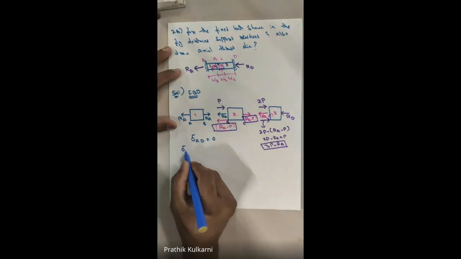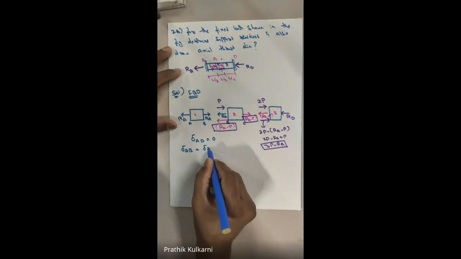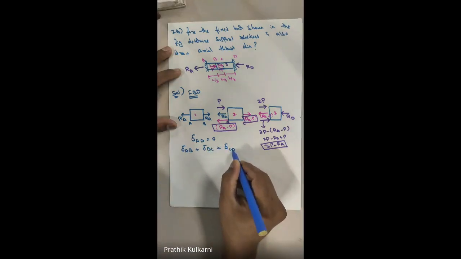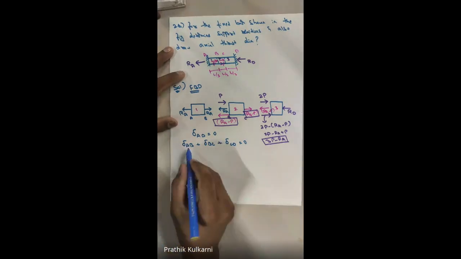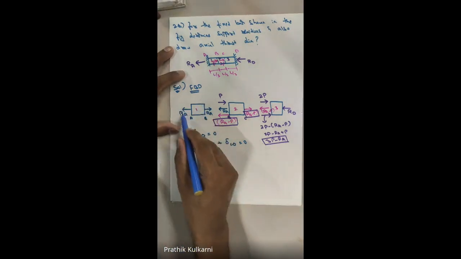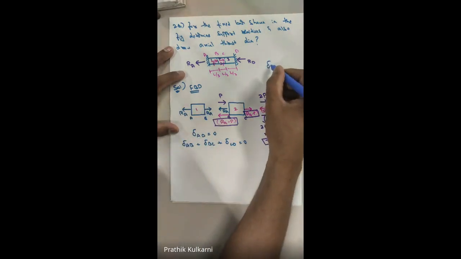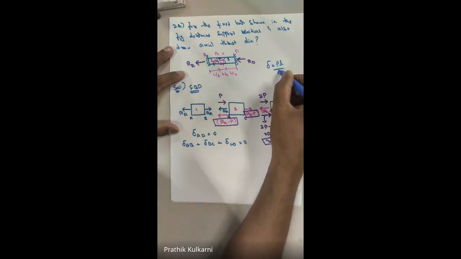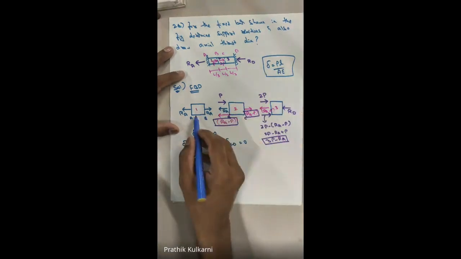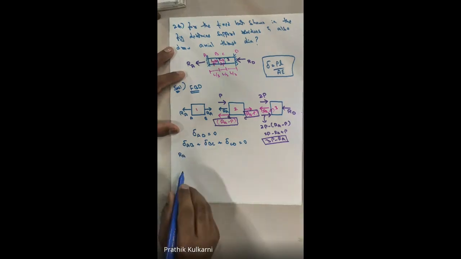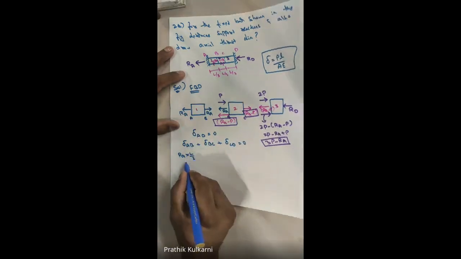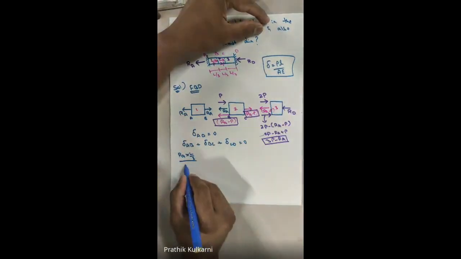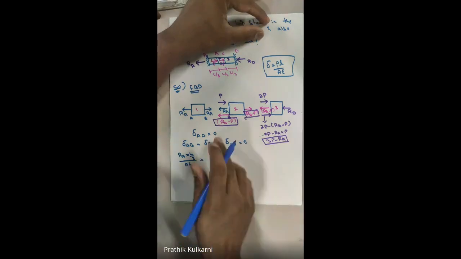Then I can write as delta AB plus delta BC plus delta CD should be equal to 0. The total deformation should be equal to 0. Now, what is delta AB? Can anyone tell me by seeing this one? You know, delta is equal to PL by AE. This is the constant equation which you have to remember. What is the P force we have? Can I write as RA? Yes, RA into, what is the L? It is L by 3, by AE.